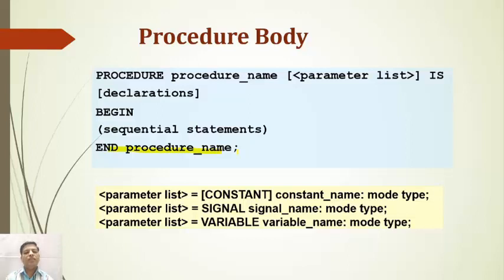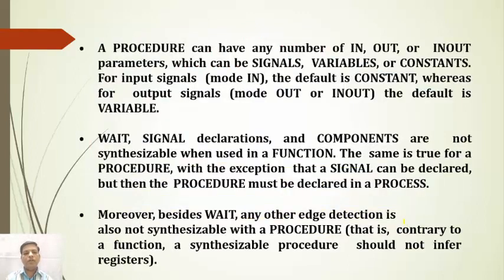procedure_name; Here the parameter list for a constant, we have written in square brackets, is constant_name : mode type;. Parameter list for signal and variable, no square brackets: signal_name : mode type; and variable_name : mode type;